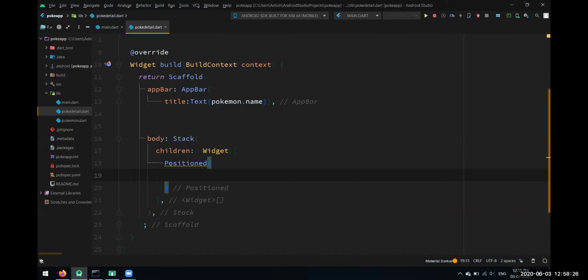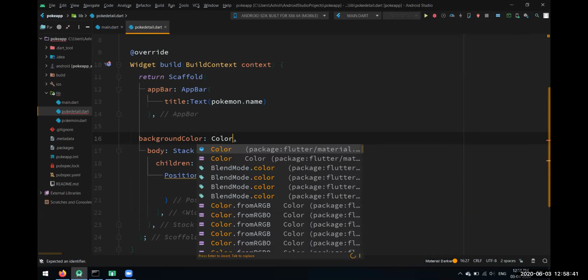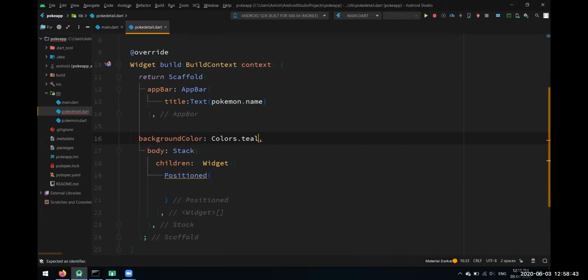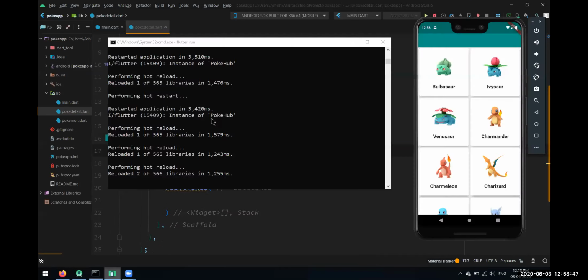Before doing that, let's give this scaffold a background color the same as the primary color. Let's give the scaffold a background color property of, let's say, the same color that we used as the primary color, Colors.teal. Let's see what we are getting for now.